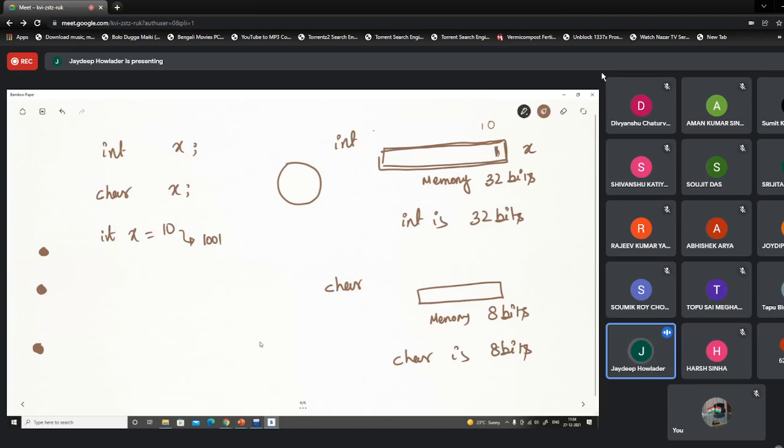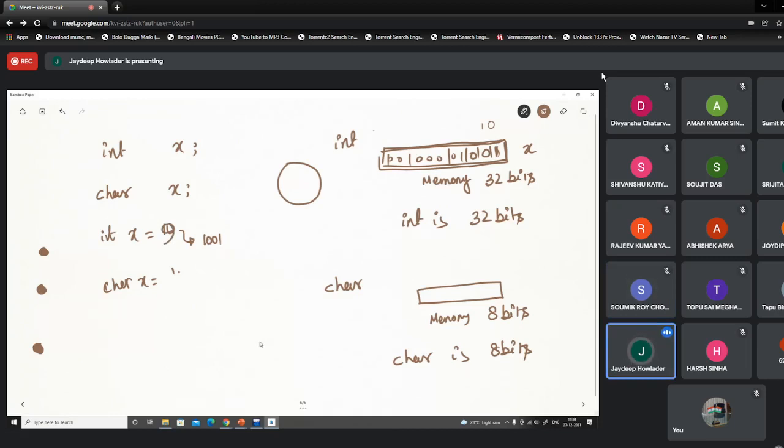So it looks something like this, with the rest all zeros. Sir, 10 is not 1010? Yes, sorry, it is 9. Let it be 9. And then it is 1001.